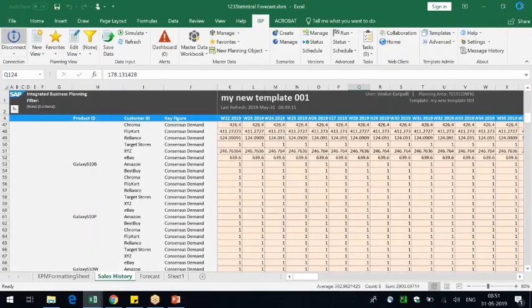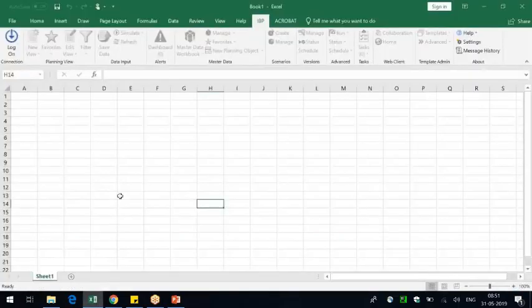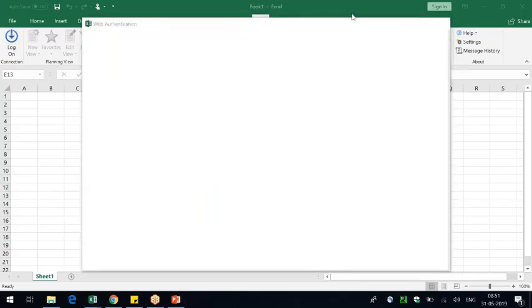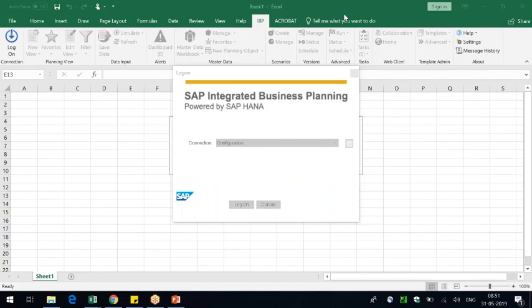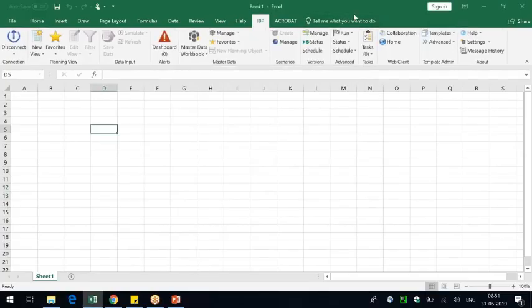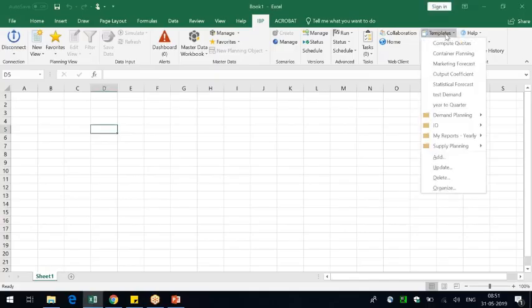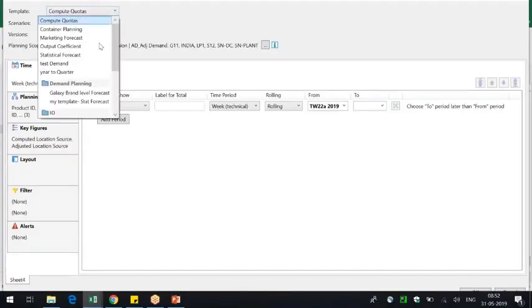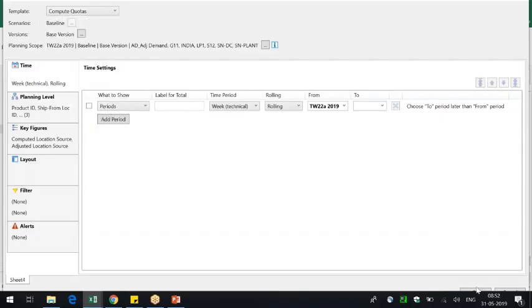Okay, so now if I disconnect and close this planning view, just Excel sheet login. Here you can go to template admin and see my new template 001, click on OK.